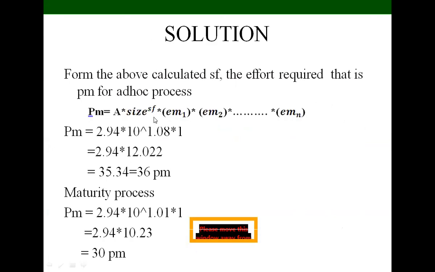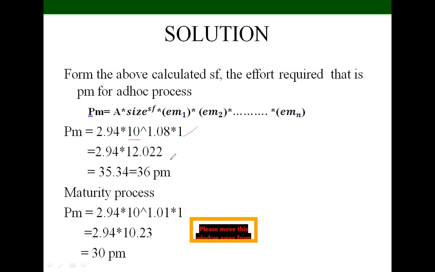A into size exponential SF, employee 1, employee 2, employee 3 and so on. So here we are considering only one employee. So here employee value is 1. I am taking the employee 1 value as 1. So by multiplying this, 10 power 1.08, that is 12.002. So why we are taking 10 here means here in the example he will give the size